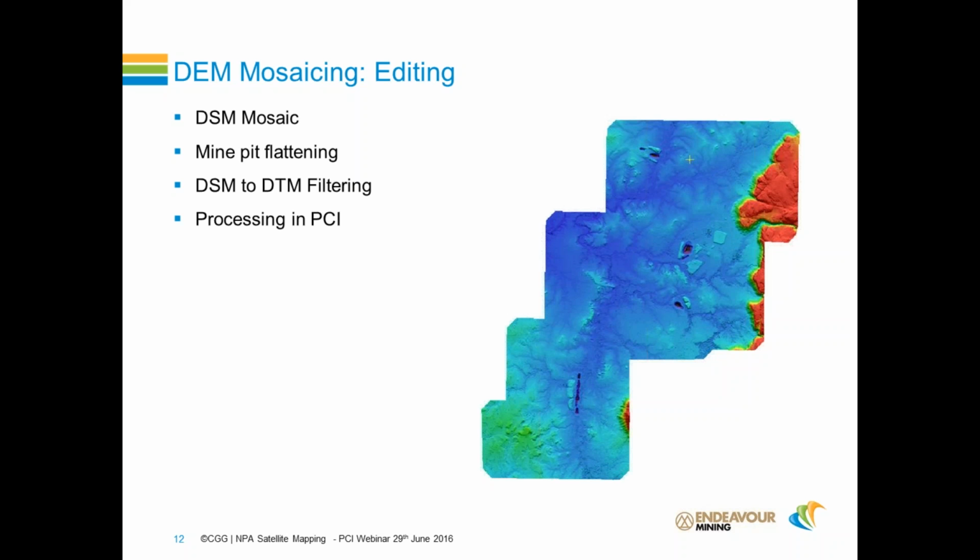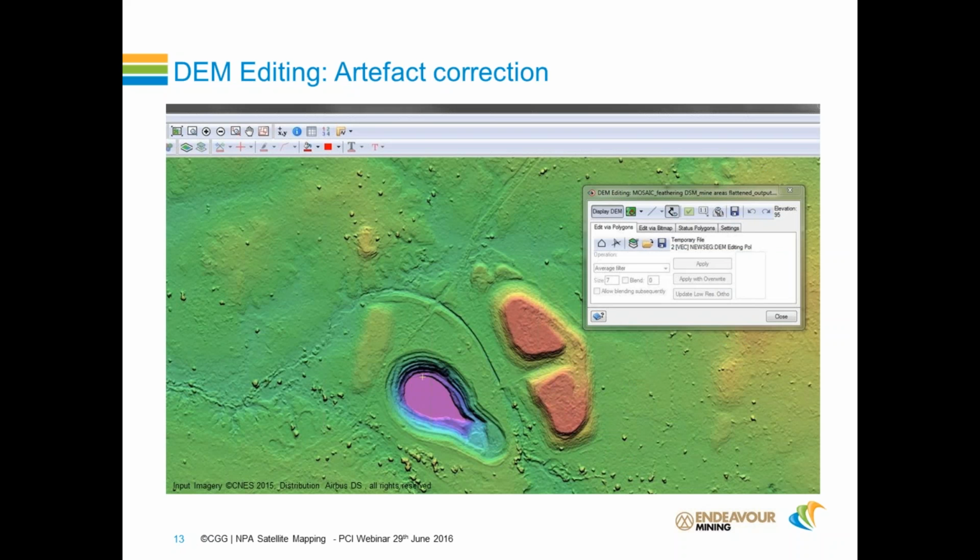Before we can complete the DSM, there are other things that we need to do in terms of correction. As an output to the DSM, we want to make sure that there are no artifacts in the data. With this particular output, we're quite lucky that there doesn't appear to be any specific artifacts, but we do have some mine pit areas which are quite noisy, so we're going to take a look at those next. So we're going back into